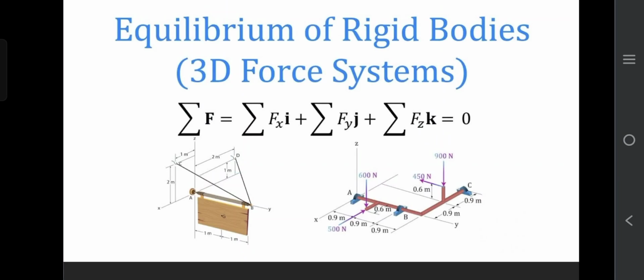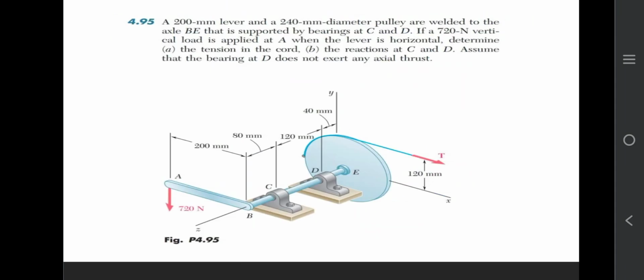We're going to solve a problem on the topic equilibrium of rigid bodies in 3D force systems. A 200 mm lever and a 240 mm diameter pulley are welded to the axle BE that is supported by bearings at C and D. If a 720 Newton vertical load is applied at point A, when the lever is horizontal, determine